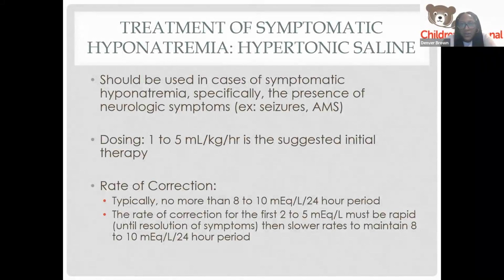So that was asymptomatic hyponatremia. Now the patients that come in that are symptomatic from their hyponatremia, the treatment is hypertonic saline. Really, hypertonic saline should be used in cases where there are neurologic symptoms such as seizures or altered mental status. The dosing for hypertonic saline is pretty wide. Typically, you're starting at anywhere from 1 to 5 milliliters per kilo per hour as initial rate of therapy,